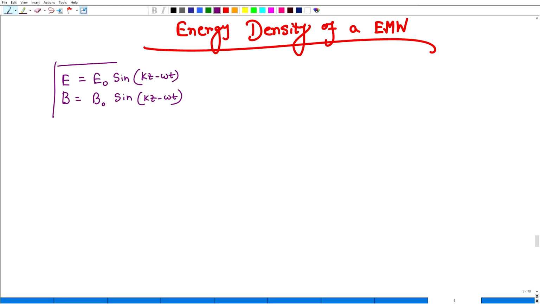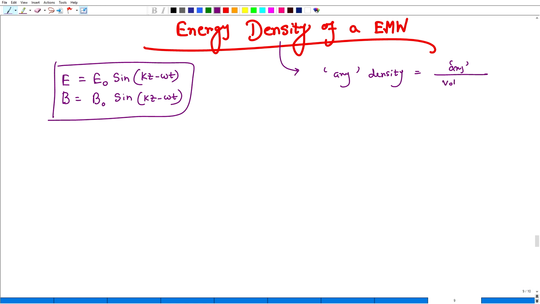Now we have to derive the energy density of the electromagnetic wave. This is the electric and magnetic field of an electromagnetic wave, we know. Now, what is the energy density? First you have to understand the definition of density. Any quantity divided by the volume, this is the definition of density. If it is mass density,